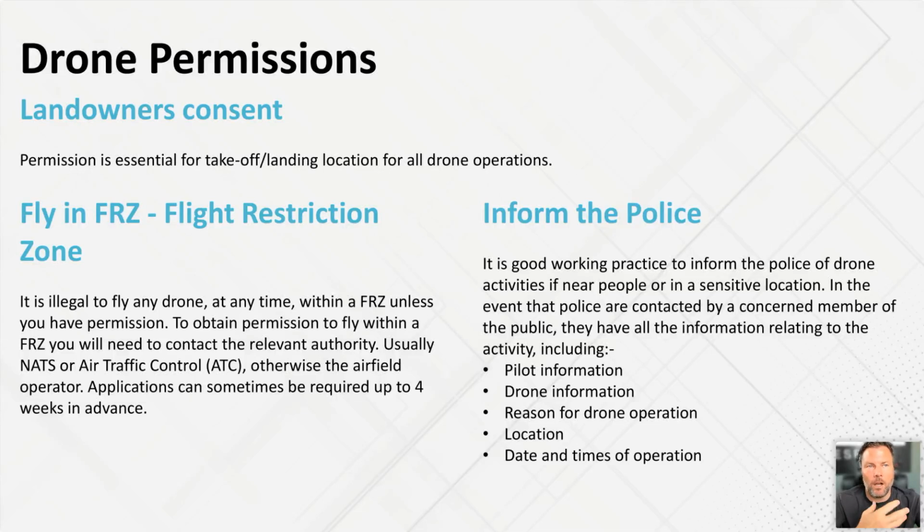confirming with them what we're doing, what we're undertaking, our level of qualification. We generally share a copy of our RAMs, our risk assessment and method statement for the work that we're undertaking, so they are aware. And then in the event that we get any disgruntled people coming over asking why we're flying a drone around their property late at night, then they can either call the police and get reassurance, or we can call the police, and the police will, in some cases, come out and actually chaperone us while